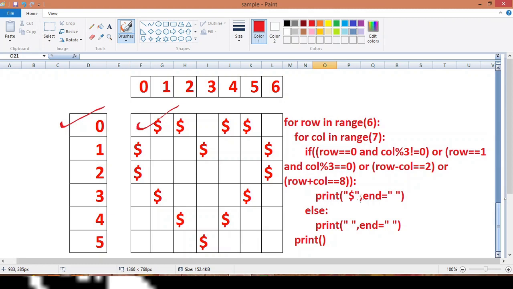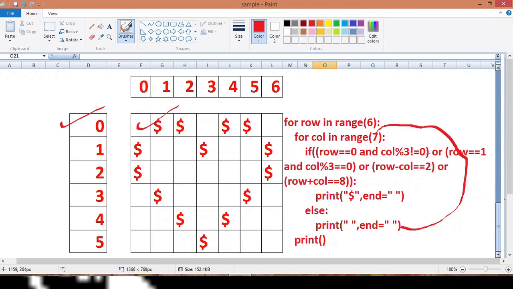Now after the first run, the control will pass again to the inner for loop. In the second run, 1 will be passed to the column, and it will come inside the inner for loop and check the condition. Row is equal to 0 only, and it will check the condition when col, which is 1, modulus 3 is not equal to 0.